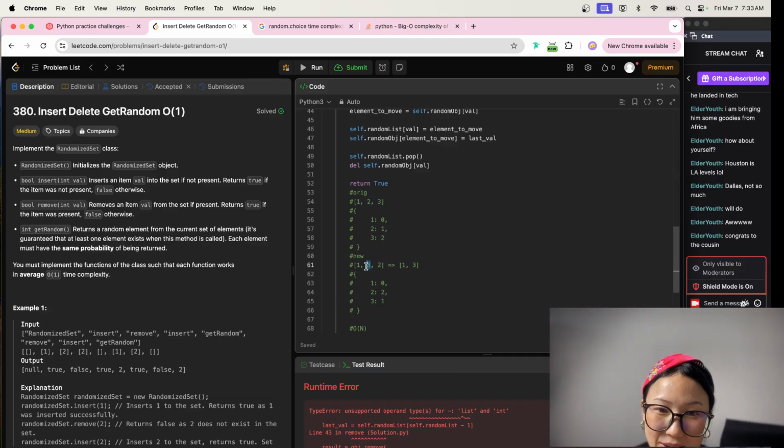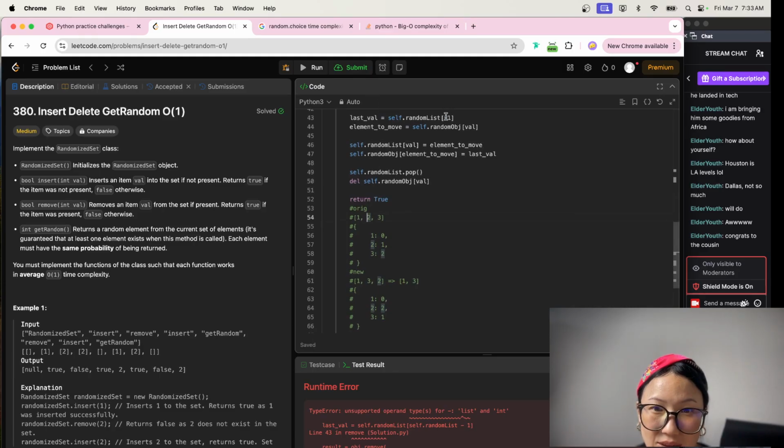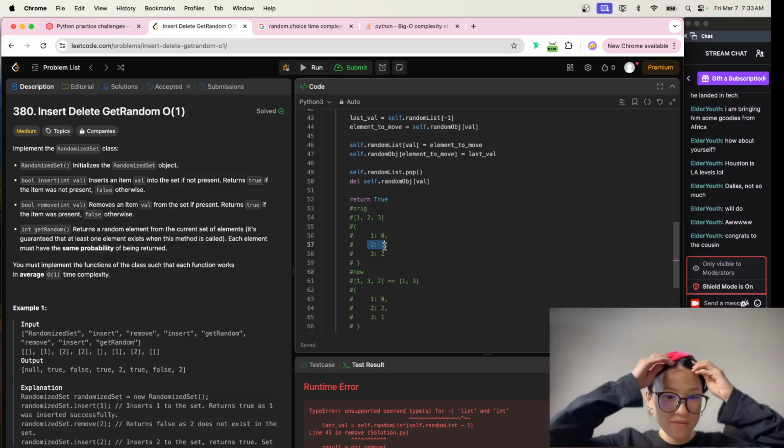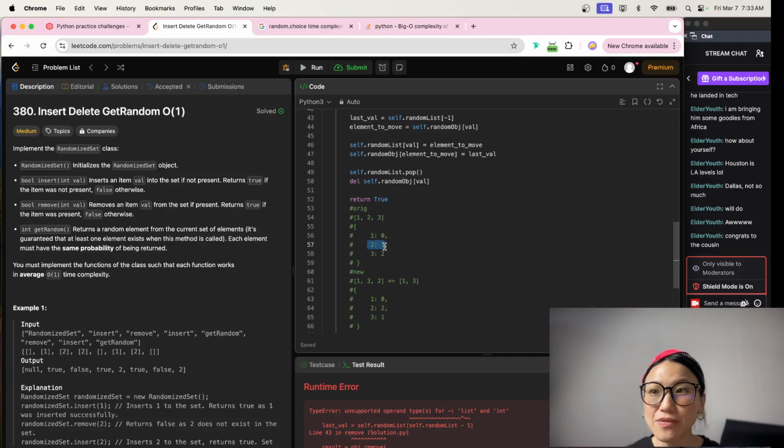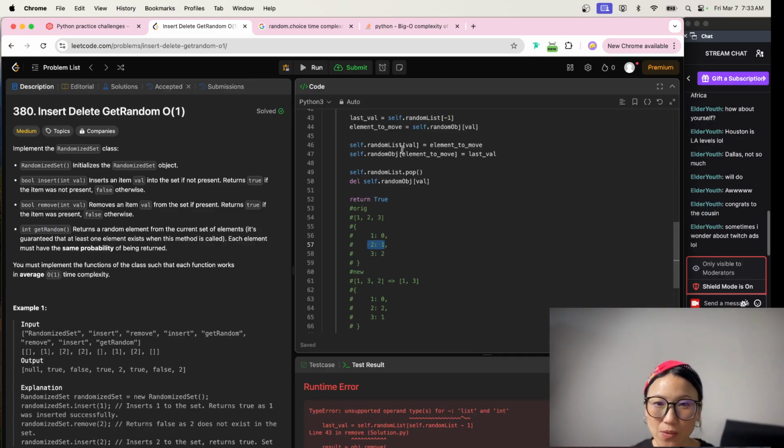We're going to say here, okay, so we're grabbing the last index of 3. And we're also grabbing the element that we want to move. We're also grabbing the index position from the element that we want to move. And then we're going to say that, from the list here, we're going to say,